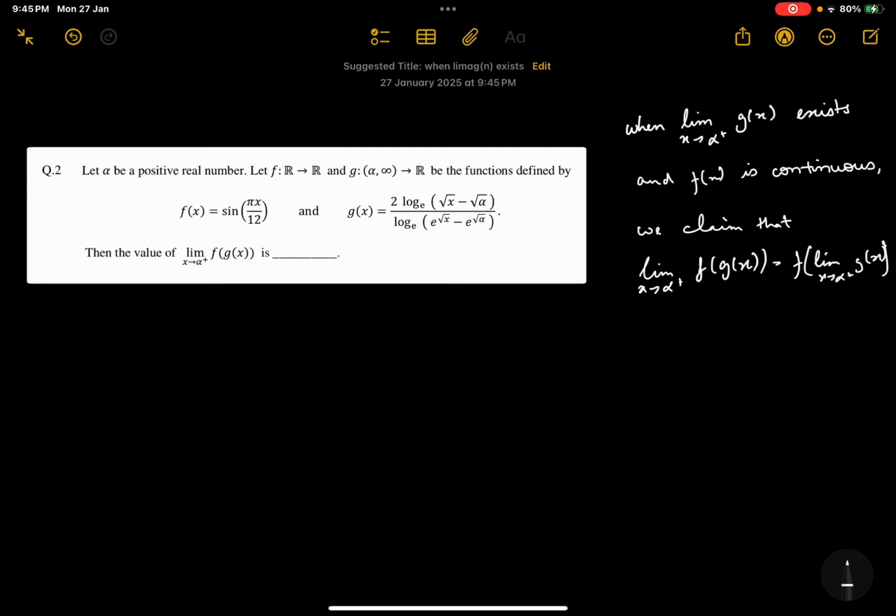So with this in mind we proceed. So what I'm saying is we just need to evaluate this limit. So this is the limit